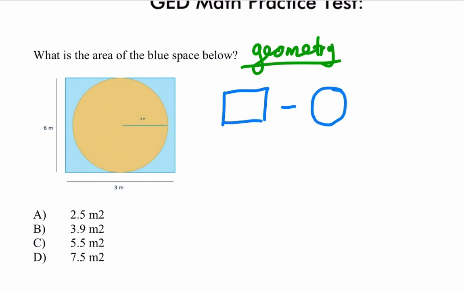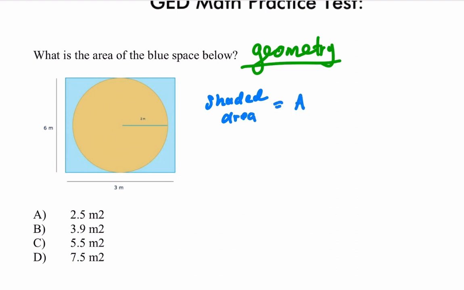So the shaded area is equal to the area of the square